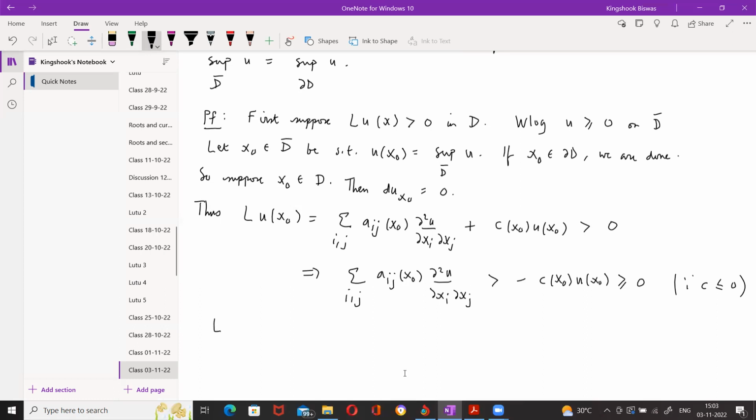Let H be the Hessian of u at x naught. Okay. So this is the symmetric matrix. Okay. So then because